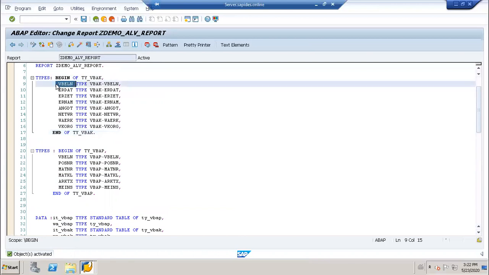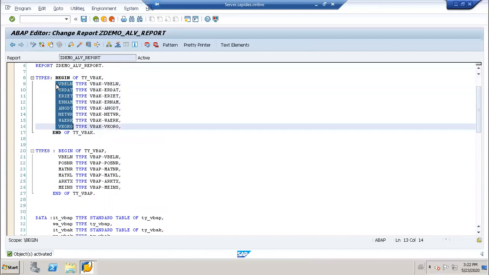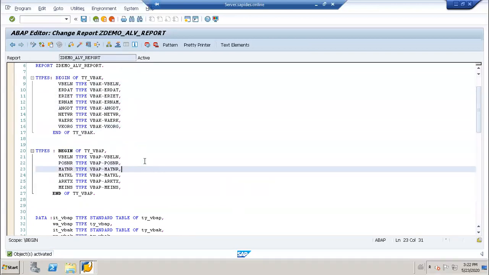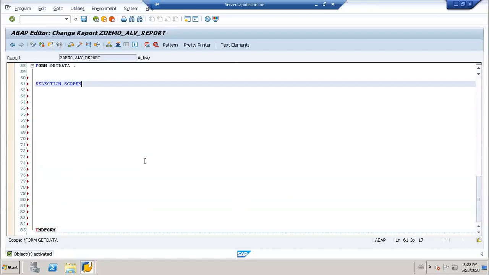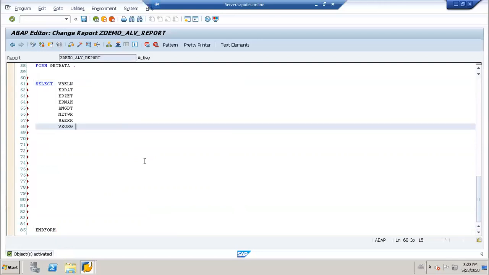So compared to joins, which one is faster? Which one is faster, join or for all entries? For all entries.